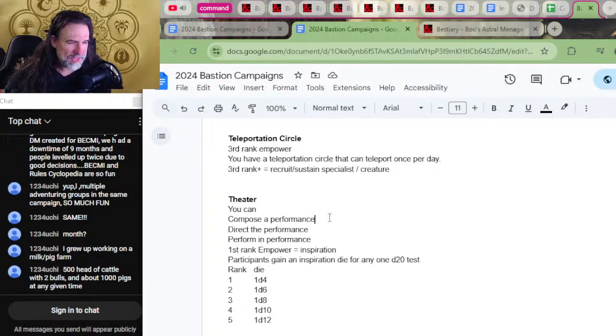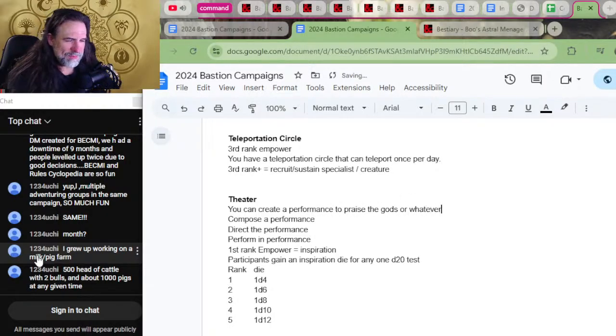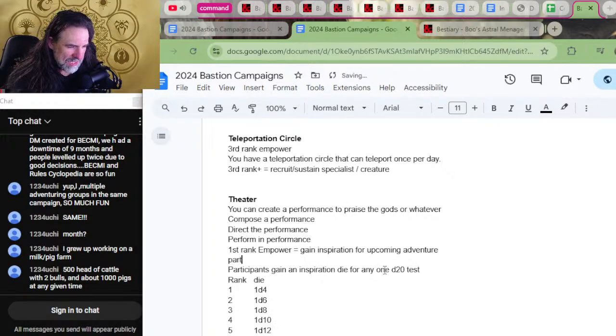Let's see. Theater. You can create a performance to praise the gods or whatever. Flavor text is optional. Instead of gaining, okay, I like the idea of gaining inspiration dice. We already have that working through the heist mission. First, we're going to empower equals gain inspiration for upcoming adventure. So instead, it's participants